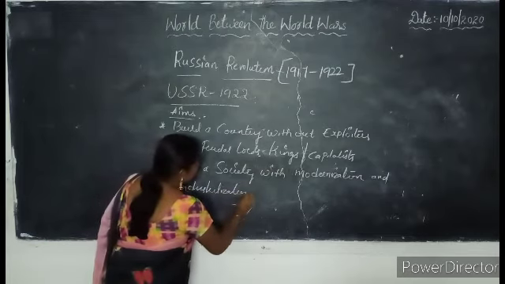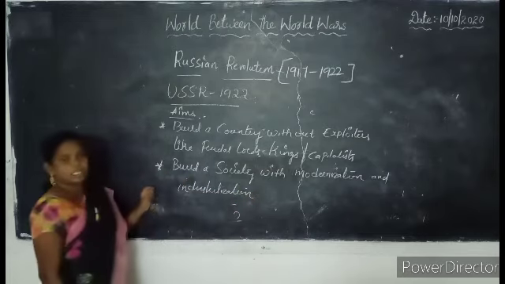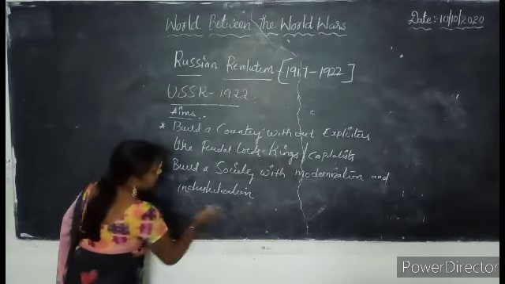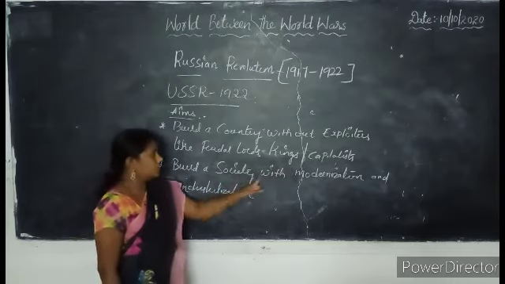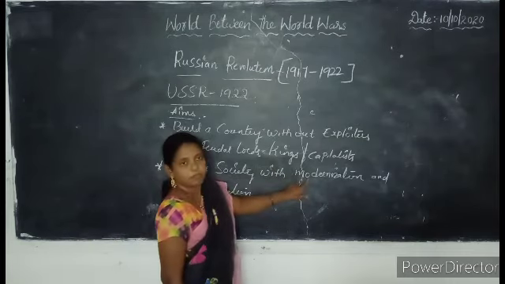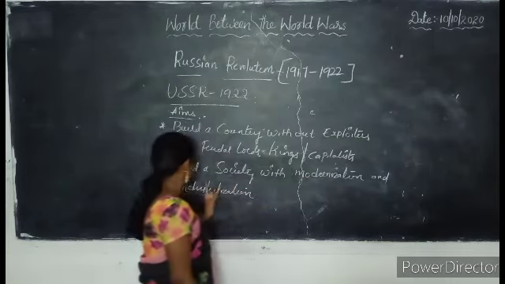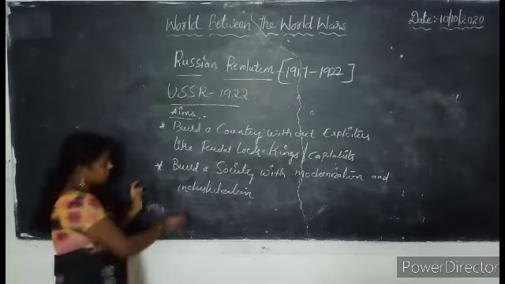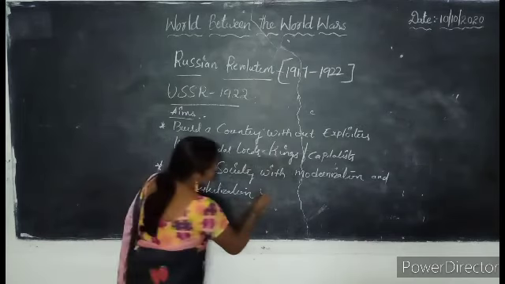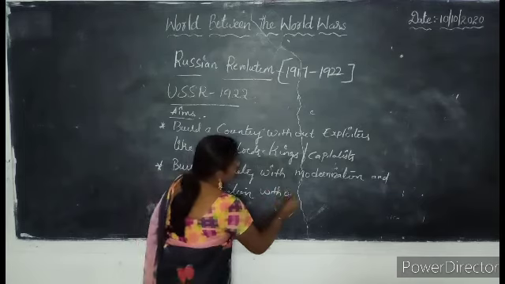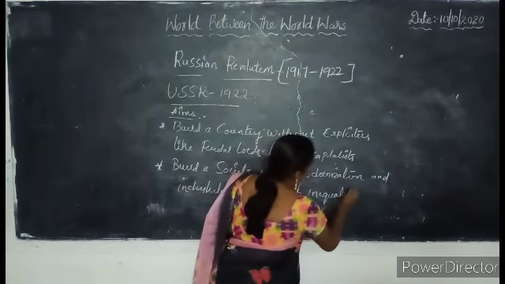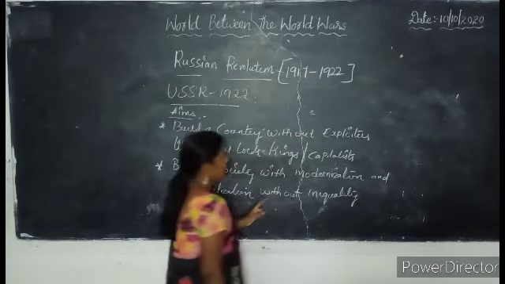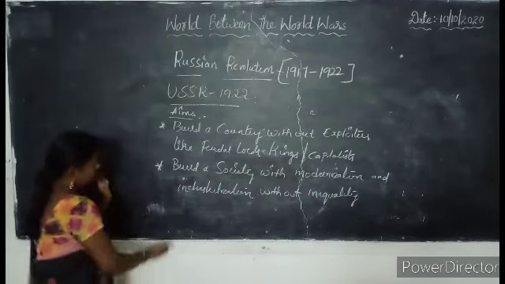Which society do they need? A society developed in modern ways, with industrialization, without inequality of people